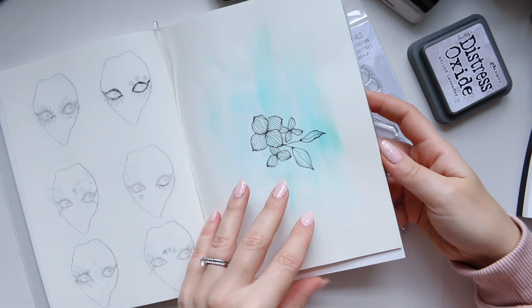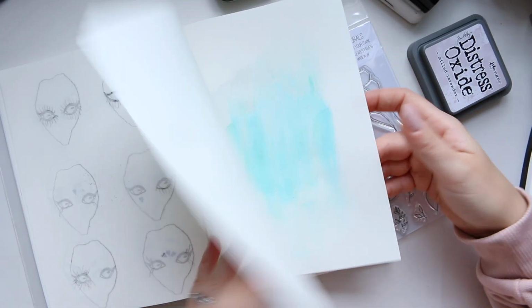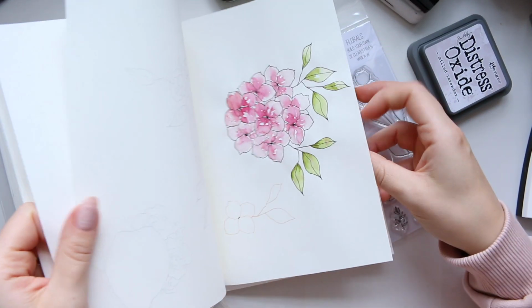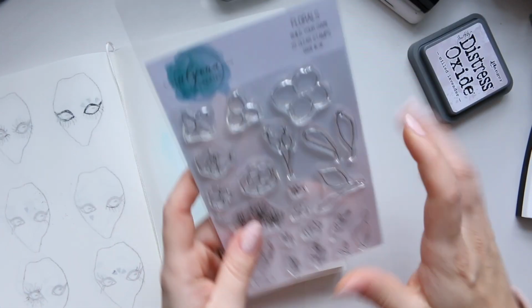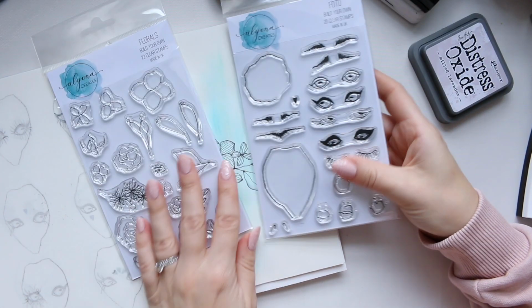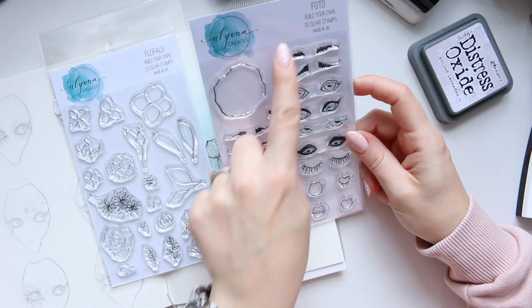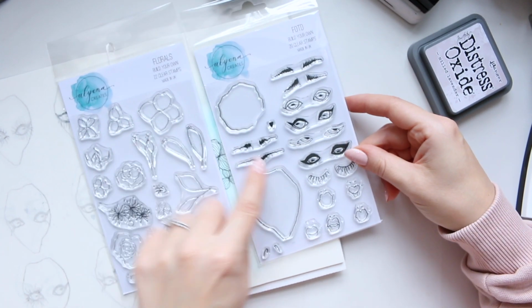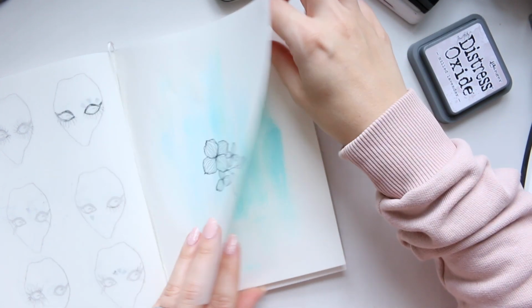So doodling on top of it makes things look nice, and obviously a lot of doodles everywhere are very compatible with these sets. And if you don't know, I have designed them to be used together or on their own, if you prefer, with this FOTD set, which is a face of the day, and they're sized perfectly to be used together. So just to show you very quickly,